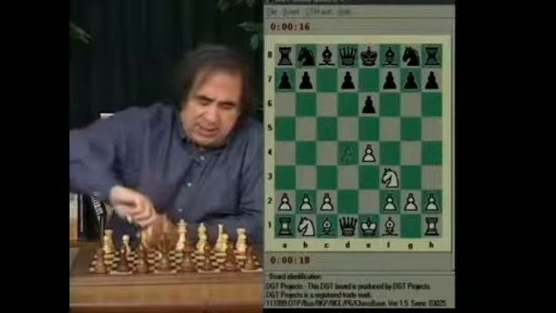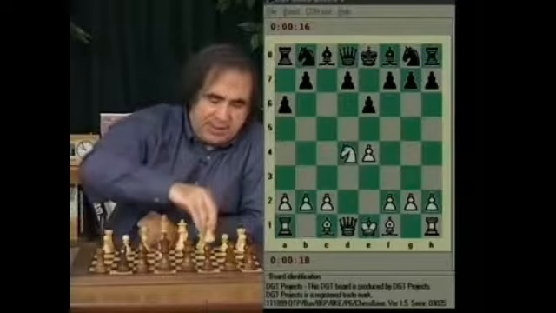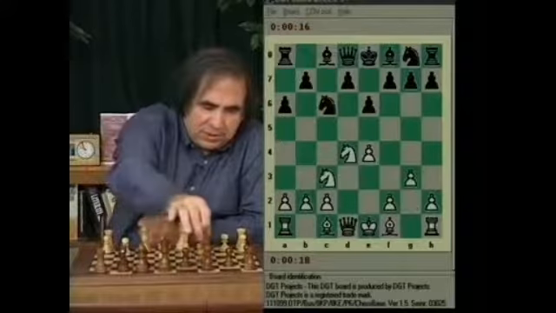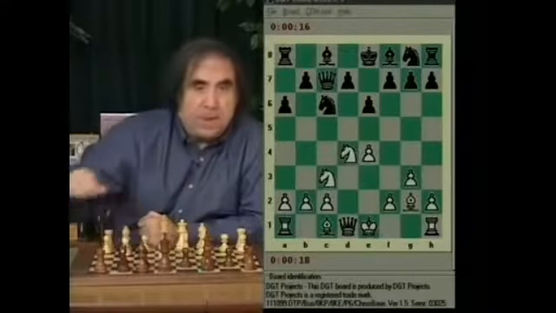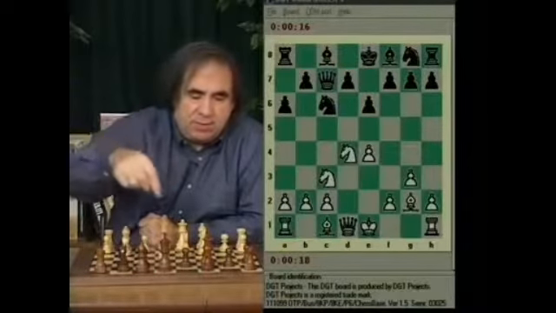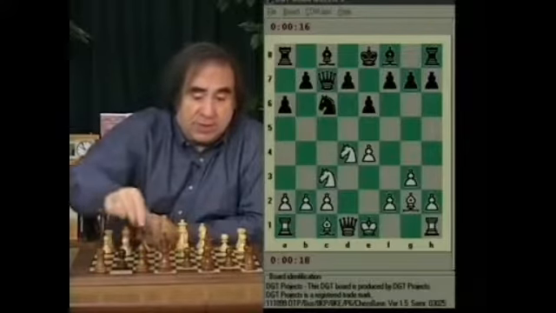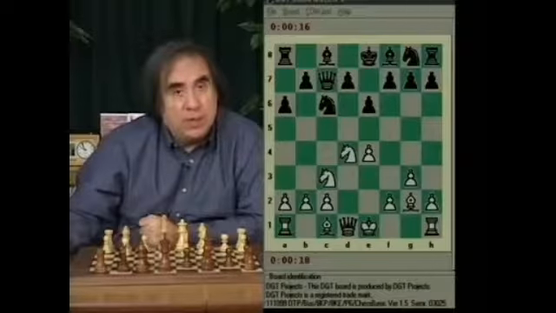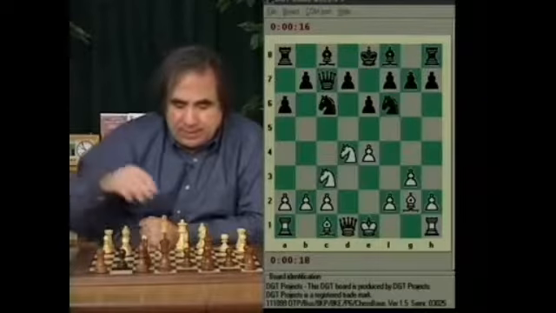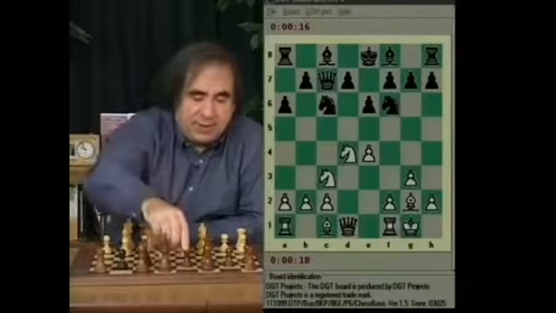e6, d4, cd, knight takes d4, a6, knight c3, knight c6, g3, queen c7, bishop g2, and now Black plays either d6 or knight e7 or knight f6. Let's go with the knight f6 move. Then we castle,